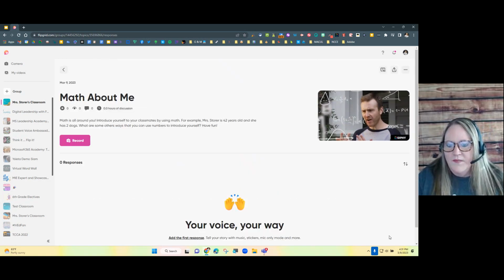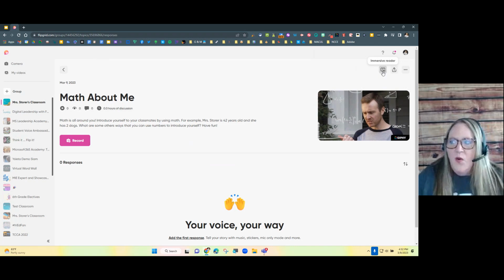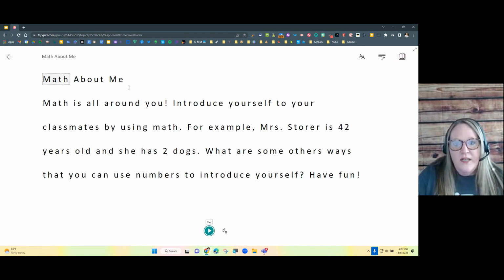All right. Now, another thing that I love that is built into Flip is Microsoft's Immersive Reader. Anywhere that you see this icon, whether it's in a Microsoft tool or a piece of technology that Microsoft has partnered with, that means you can use it. What does Immersive Reader do? It makes the text on your screen more readable. So now that I've pressed that button, anything that's text, I can have read aloud to me.